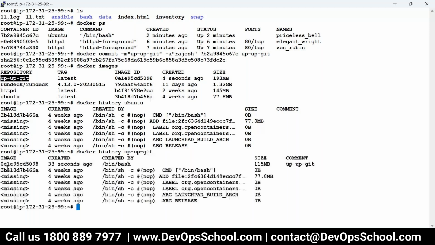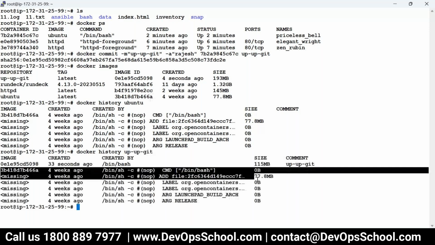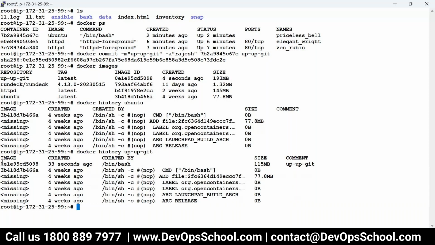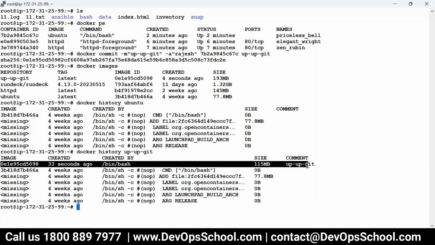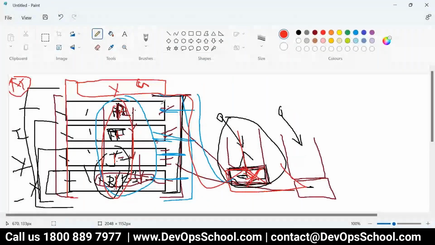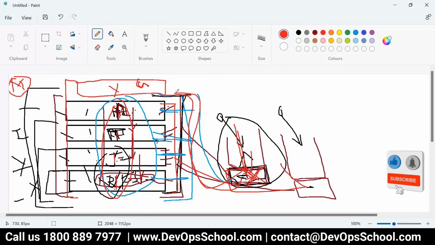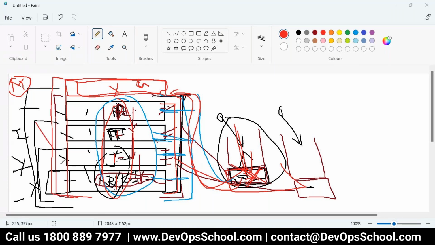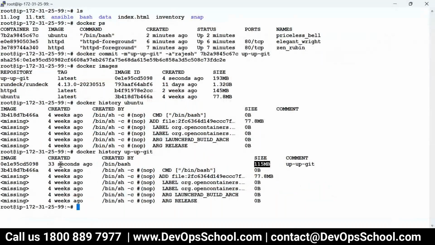Till here in this image, you have Ubuntu. This is the extra layer which got added, which is of size 115 MB and so on. So what I did again: I created a container, modified the container, committed the container. All the delta which was written in the container, using that, one new layer got created and labeled with a new image name. Did you understand that? That means in this image,